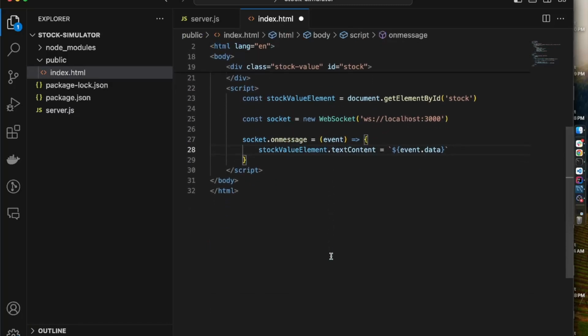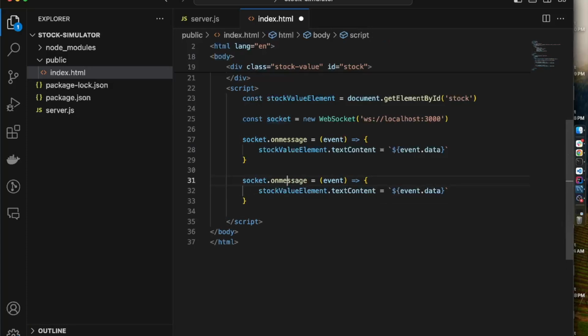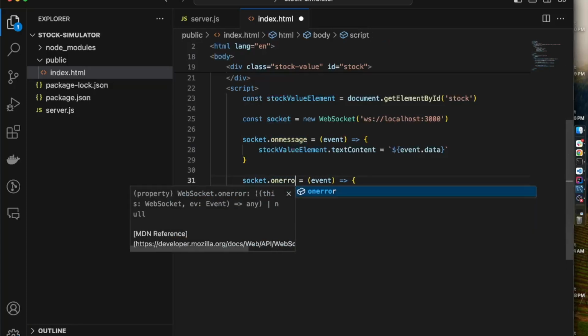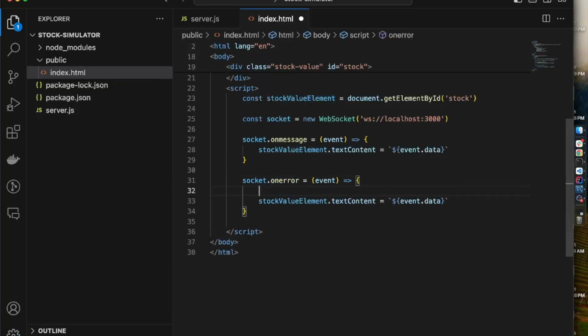Now we still need to listen to any errors, and whenever the connection is closed, let's just copy paste this. So we say socket.on('error') now. Let's print a message that we've got a WebSocket error, with error being the error that we get, and it will be defined here. Text content we can set to, let's say, error loading